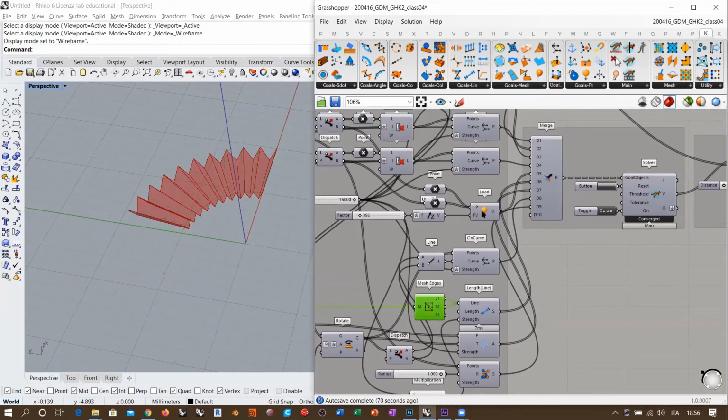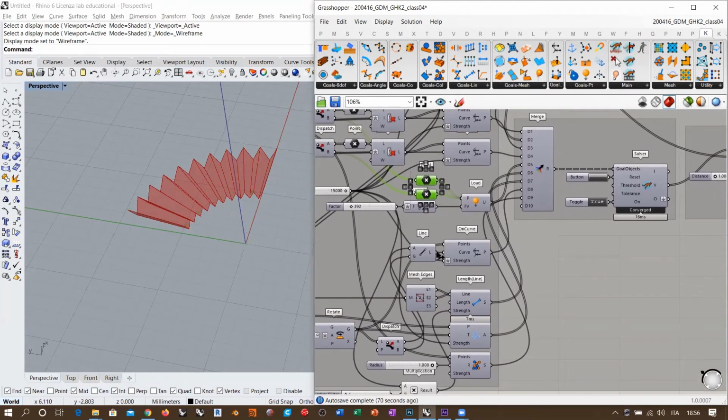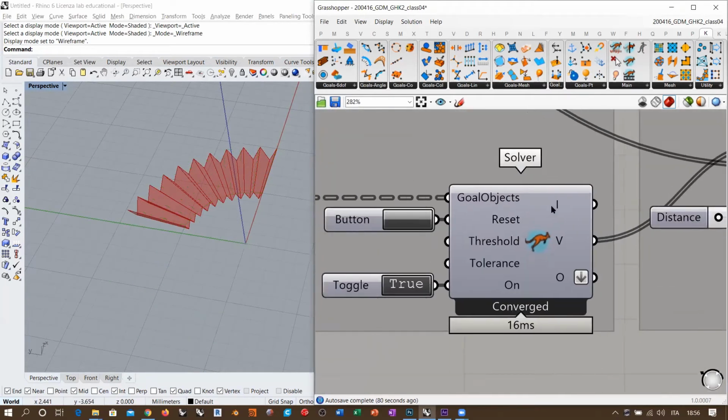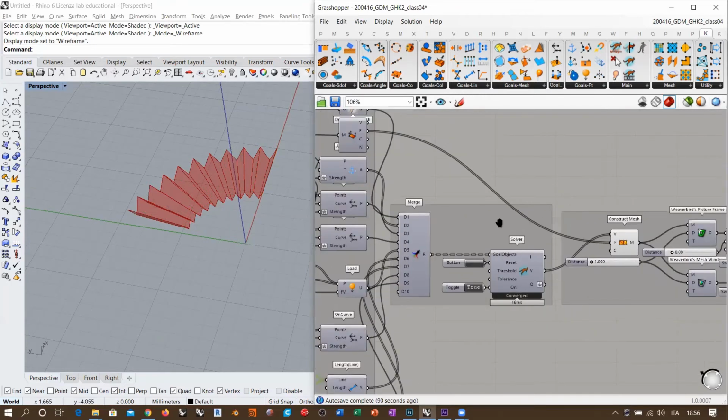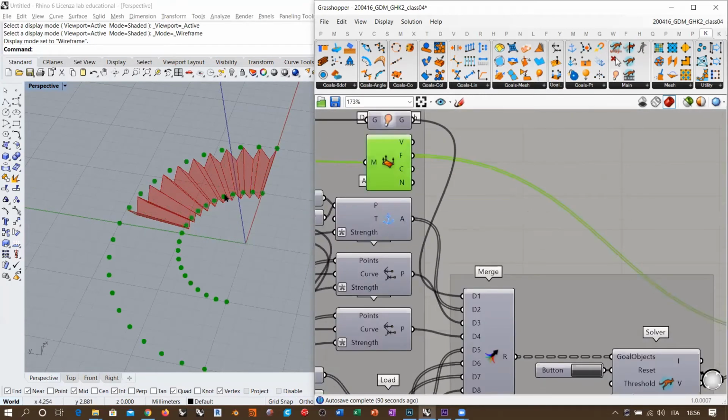The load is also applied to vertices of the same mesh, so these points are also endpoints for our edges. This means that Kangaroo places all its particles along the points that correspond to the vertices of our initial mesh. So what I did here was explode the original mesh,